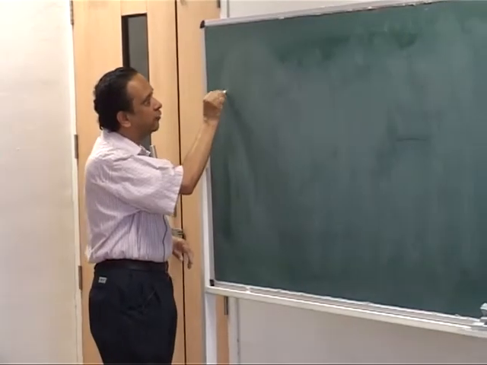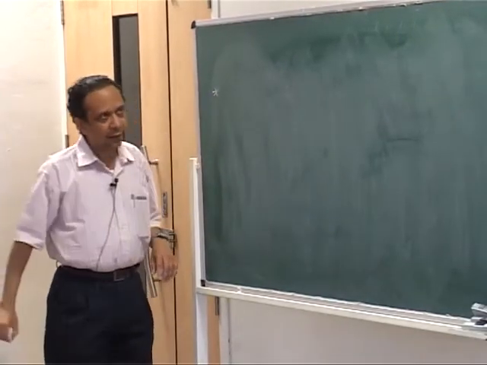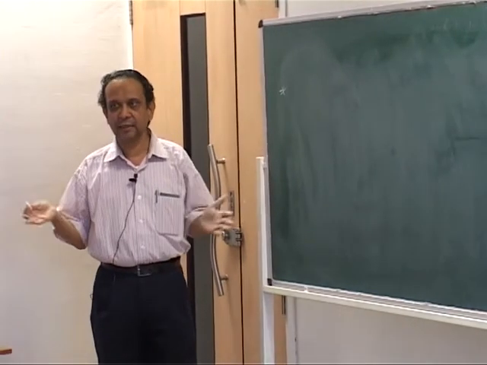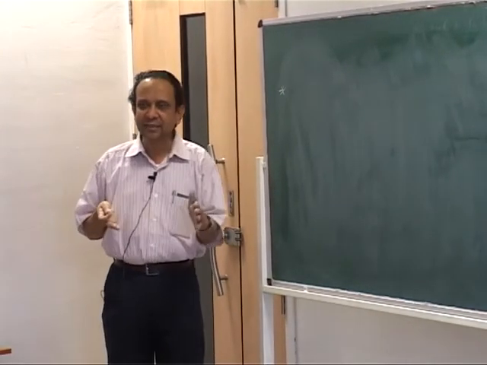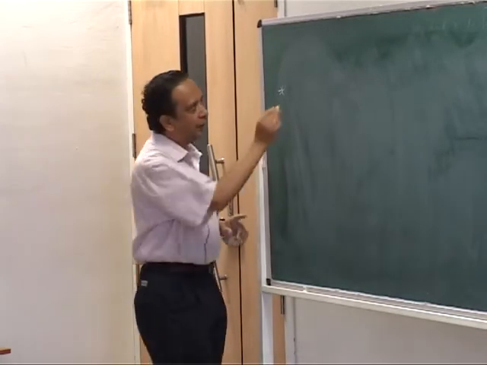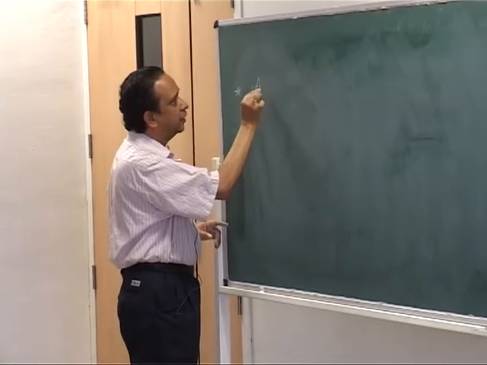So, one of the most beautiful things about physics is that every law which we know in physics can be derived from what is known as an action principle, and the simplest example is classical mechanics. So, I will start with classical mechanics. In classical mechanics we will define a quantity called action,